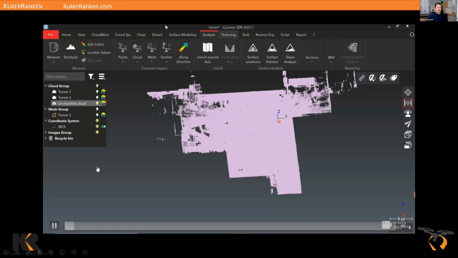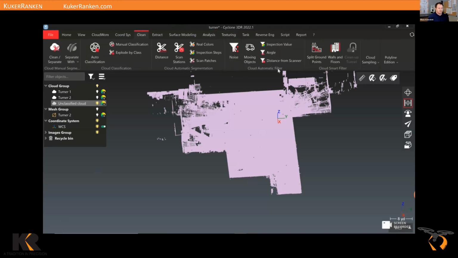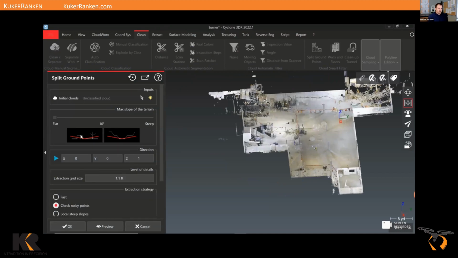All right. So I believe in this one, I went into the clean tools. We hit the split ground points just to try it out. This is the fastest tool for getting down to a flat surface. So we always want to try the fastest tool first. And what you'll see in a second here is when we turn it and look at it horizontally, there's errant data left up high. Now, when you go into your analysis tool, that errant data will be brought into the analysis and you'll have a much bigger graph than you would